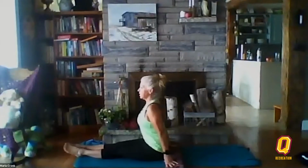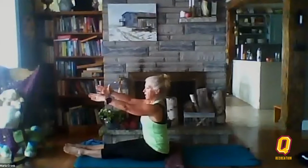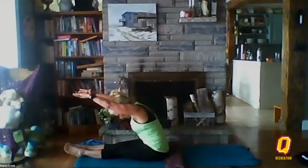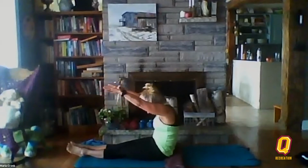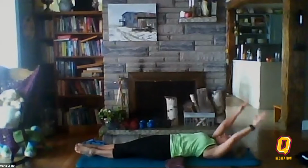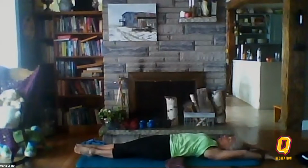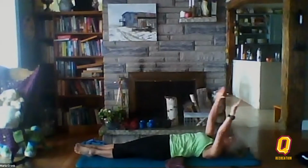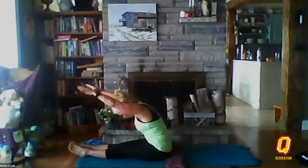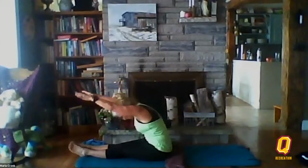So let's just start up, all right? We're gonna place our hands forward. We're gonna bring our head between our bicep muscles as we start to scoop that belly in. Start to roll yourself down, bring your arms above your head, breathe it out completely. Take a nice deep breath in to prepare. Bring your arms up, head, shoulders. Scoop as you lift yourself up and then reach forward, head between your bicep muscles, and then we'll do it